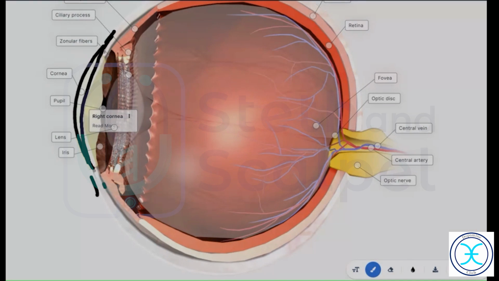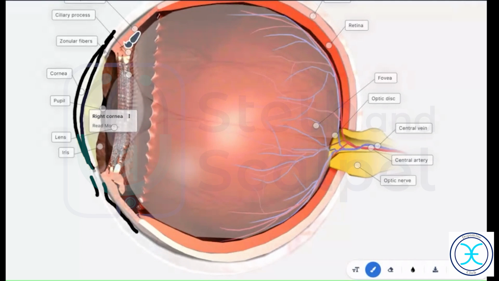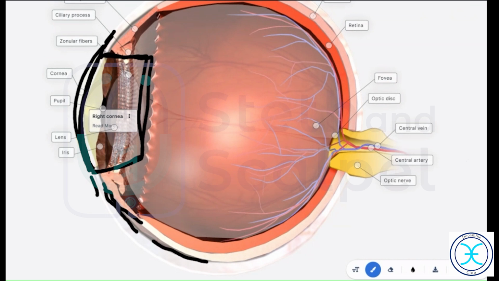Here we have the angle of the anterior chamber and then iris. Yeah, okay. That you're telling is this part. You just leave this part for now. Okay, this quadrangle, Tenon's capsule. Yeah, so you leave that and we'll go here. So this part over here. What is this? This is the sclera. This part is the Tenon's capsule. So what is there beneath the Tenon's capsule?